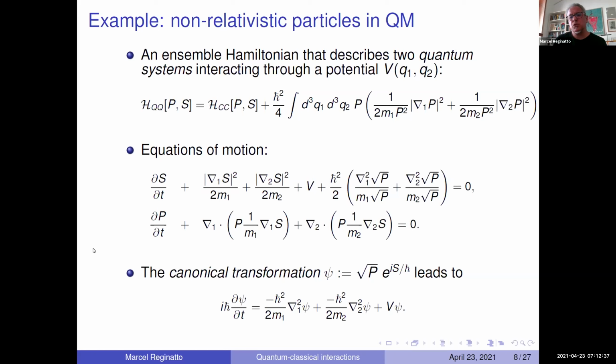Now, I want to emphasize that I'm not trying to do any reconstruction of quantum theory or any reconstruction of classical theory. I'm just bringing both of them into a common mathematical framework. One thing that is useful is that this Madelung transformation is a canonical transformation. So since we're doing Hamiltonian mechanics where the phase space is the function P and the function S, then everything that we do here, we can either do in these hydrodynamical variables of Madelung, which have a more intuitive classical meaning,